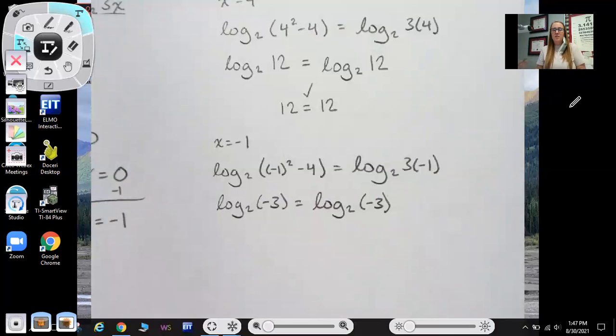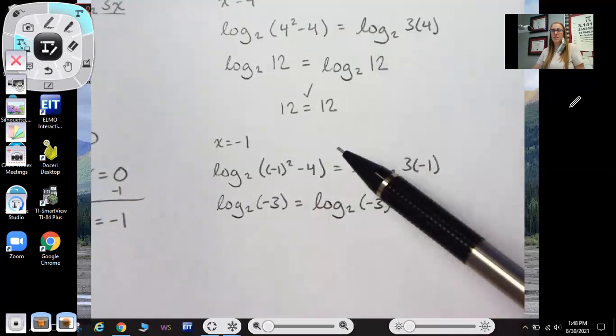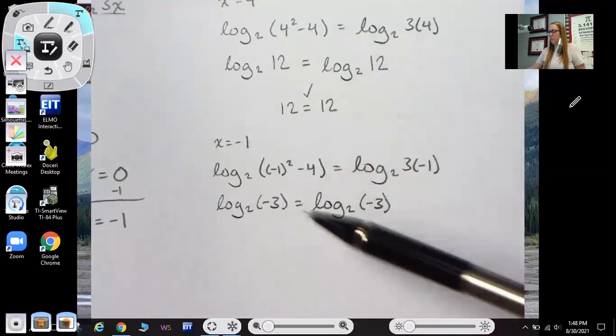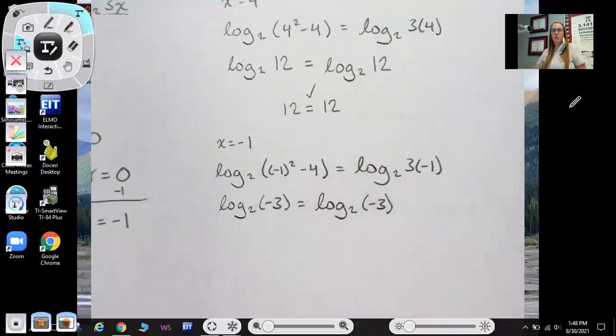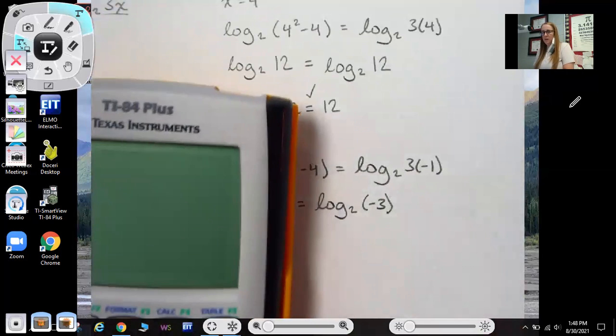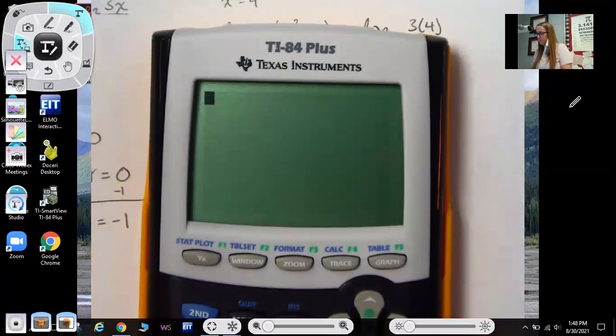So on the surface, this looks like it's going to work. We're not going to write it, but normally if we did the exact same thing we just did to check x equals 4, we would say -3 equals -3, that checks out. But we have an issue. If you look at your calculator,